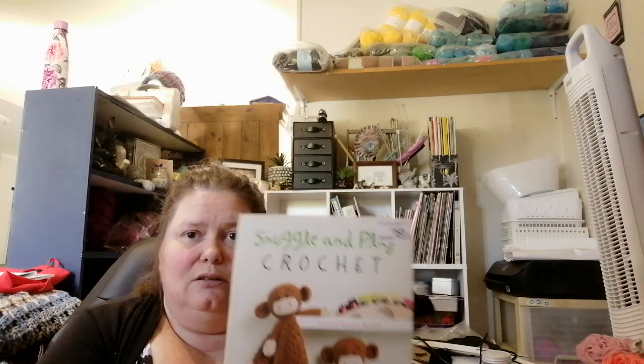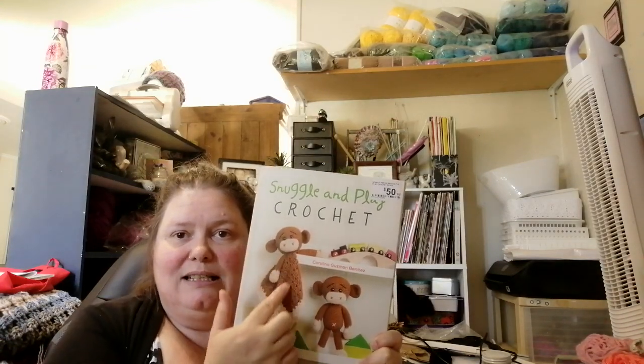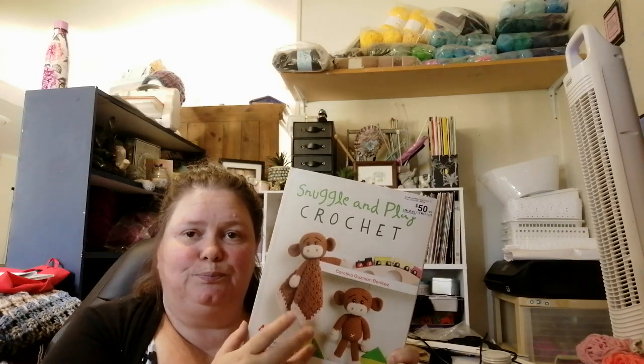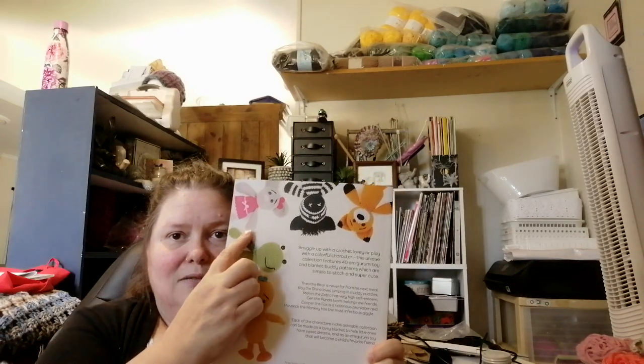So I really wanted this book. Wanted it for ages. Not that I could probably actually do anything from it, but I'll have to give something a try. What I like about this book is it has the toy, or you can just make the head and the arms, and it has a lovey, with separate lovey patterns, different types of lovey patterns. And then there's some more of the animals, a cute little ducky, a frog and a mouse, a zebra and a fox, and there's also a hippo and a pig,